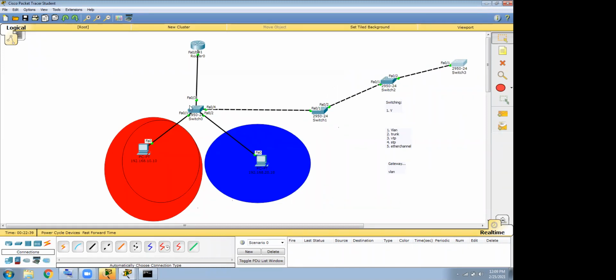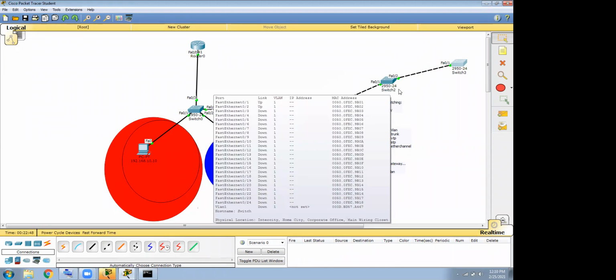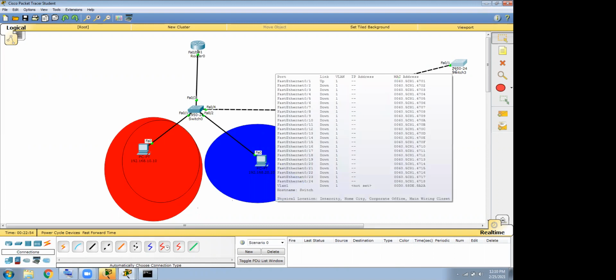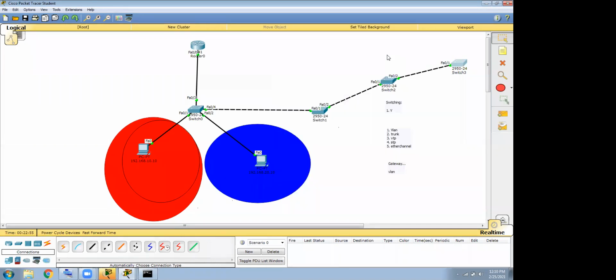See, this switch has 24 ports. So if you have 50 machines, then where are you going to connect them? So obviously you need another switch. Another building, again 10 machines are there, you need a switch there. Again another building, you need a switch there. And with the trunk, you are passing the VLANs. So that is required. But what is the disadvantage? We don't communicate directly, we have to go through.